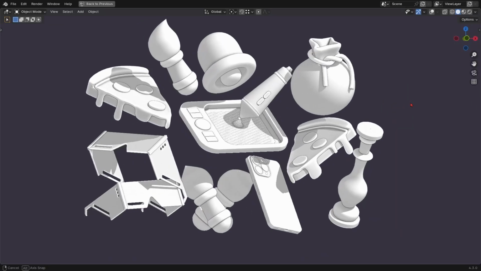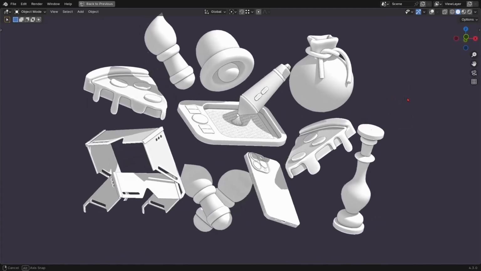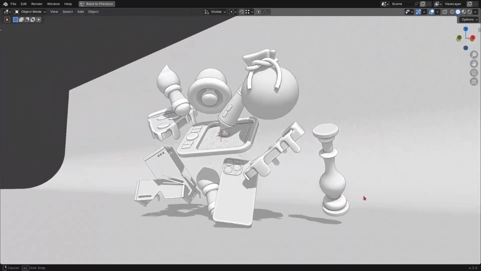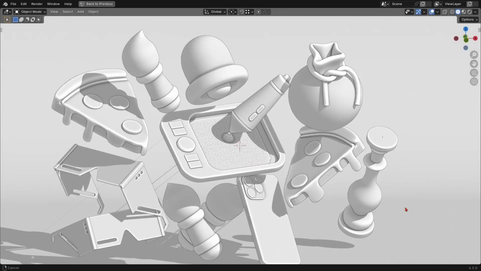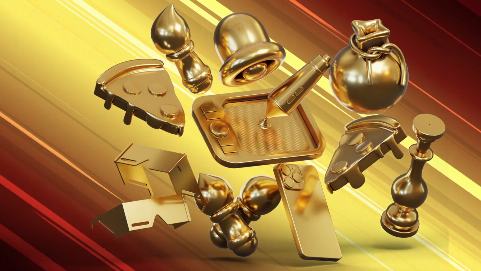Welcome to this Blender tutorial. In this video we will dive into modeling with modifiers in Blender. You will learn how to create stunning models by leveraging the power of modifiers to simplify your workflow and achieve